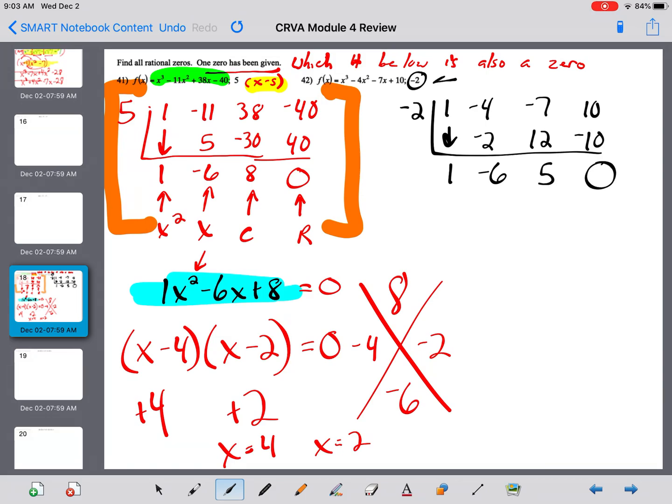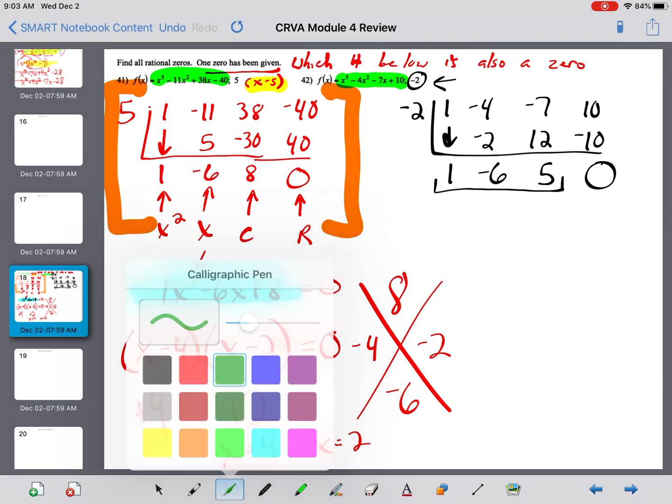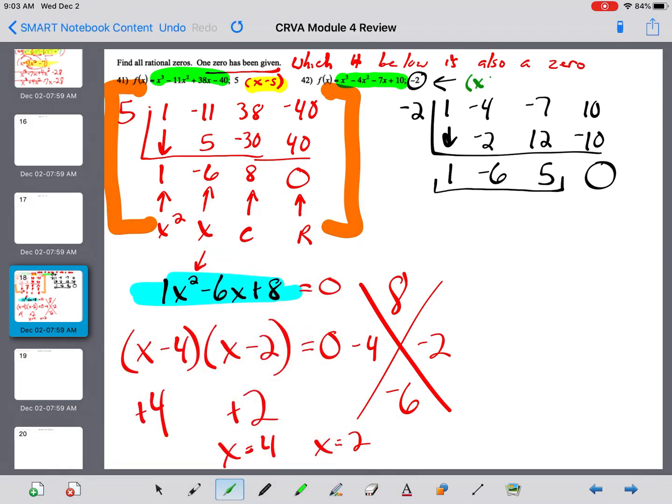And again, it said this produces a 0, so you better get a 0 out. But why we do that is because now we know that when we divide this polynomial in green by the factor of x plus 2, which running negative 2 through is the same as dividing by x plus 2,